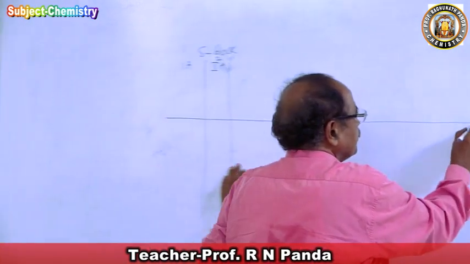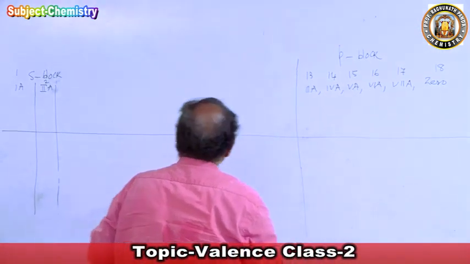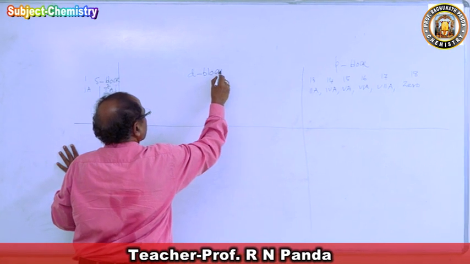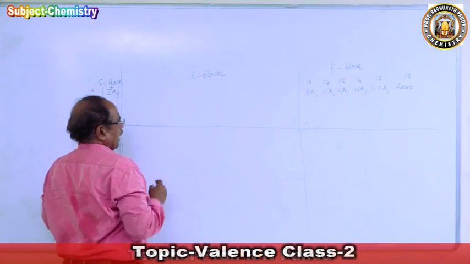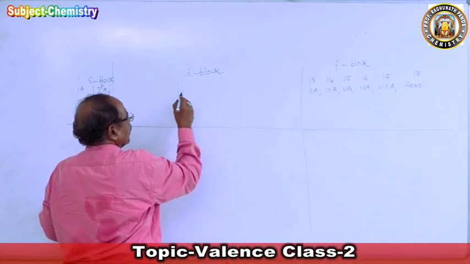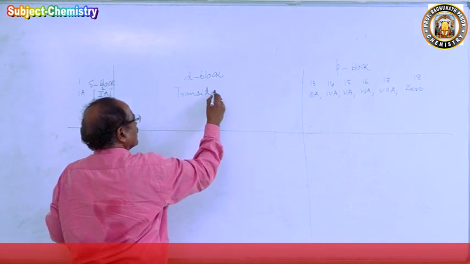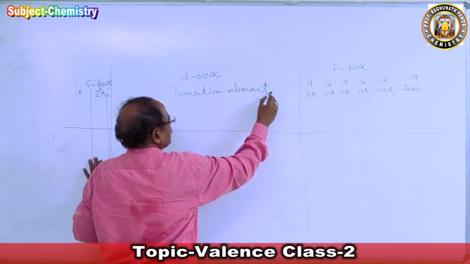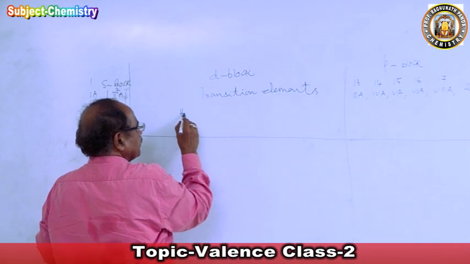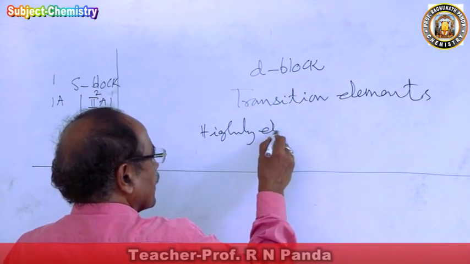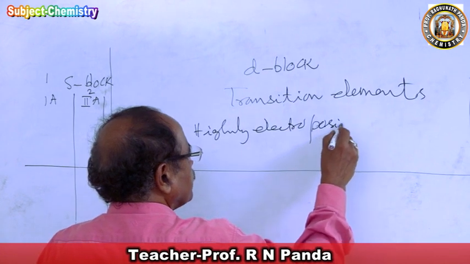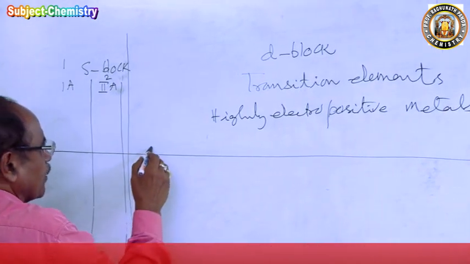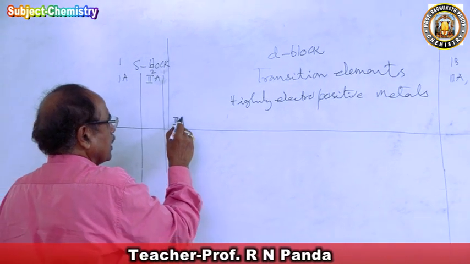Now in between, we have the D block of the periodic table. Here the electrons are placed in the D orbitals, and these elements are called transition elements. And all these elements are highly electropositive metals. If you come to the modern periodic table, we have 3B,